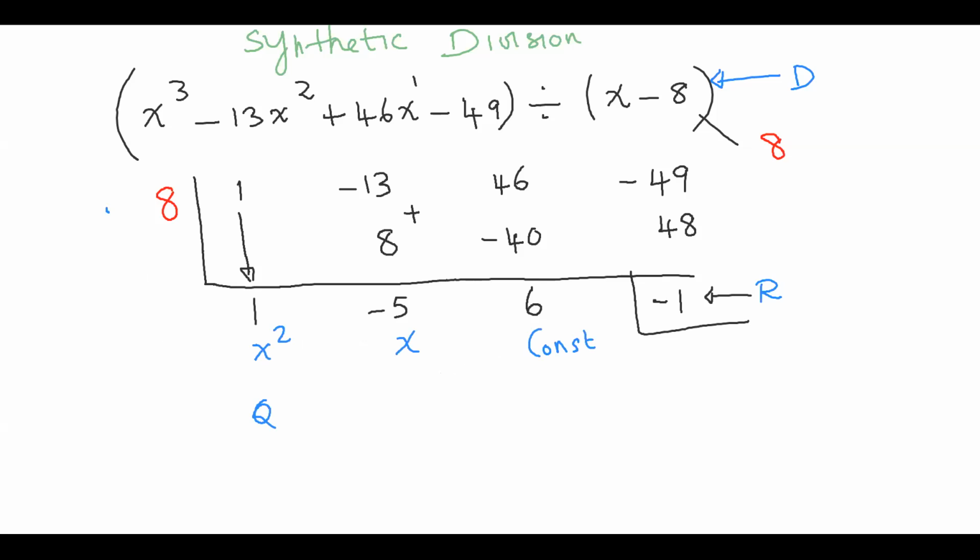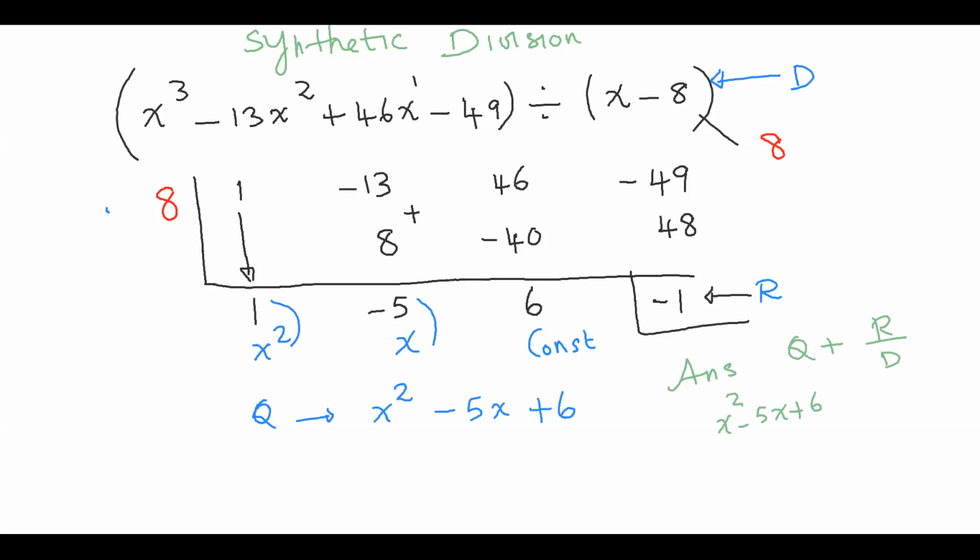So the quotient is 1 times x squared, which is x squared, minus 5 times x is minus 5x, plus 6. This is our quotient. So the final answer is going to be q plus r over t, where this is our q, which is x squared minus 5x plus